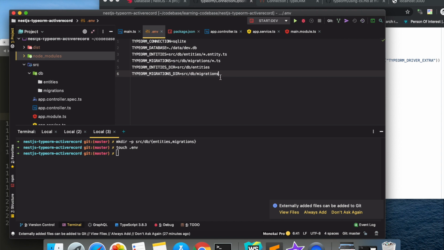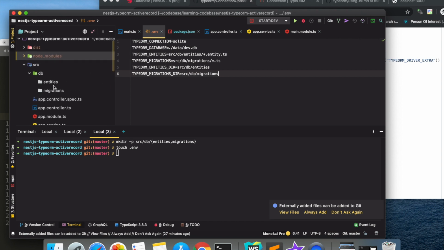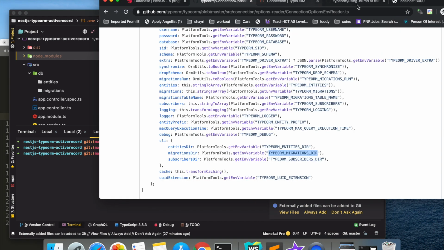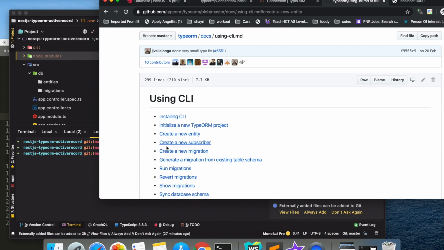So this is our .env file with pretty much the configuration. Now we are going to create our first migration and first entity. So we will go back to the TypeORM CLI. In the CLI we are going to create a new entity.